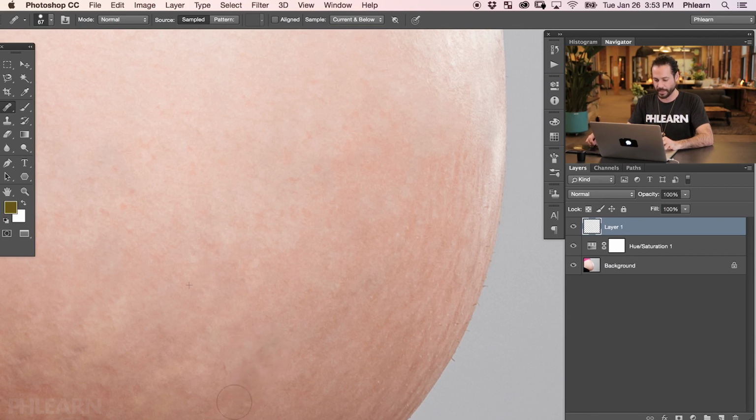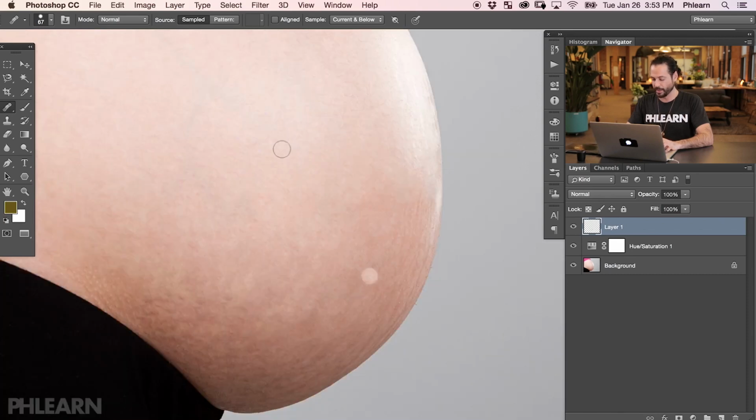We'll sample that point, and then I can start painting over the texture, and you're gonna see it's gonna just magically copy the texture from one area to another one, which is effectively reducing the visibility of these stretch marks, which is so cool. And I tried to choose an image that had a lot of actual stretch marks, so you guys could see, oh, okay, cool.